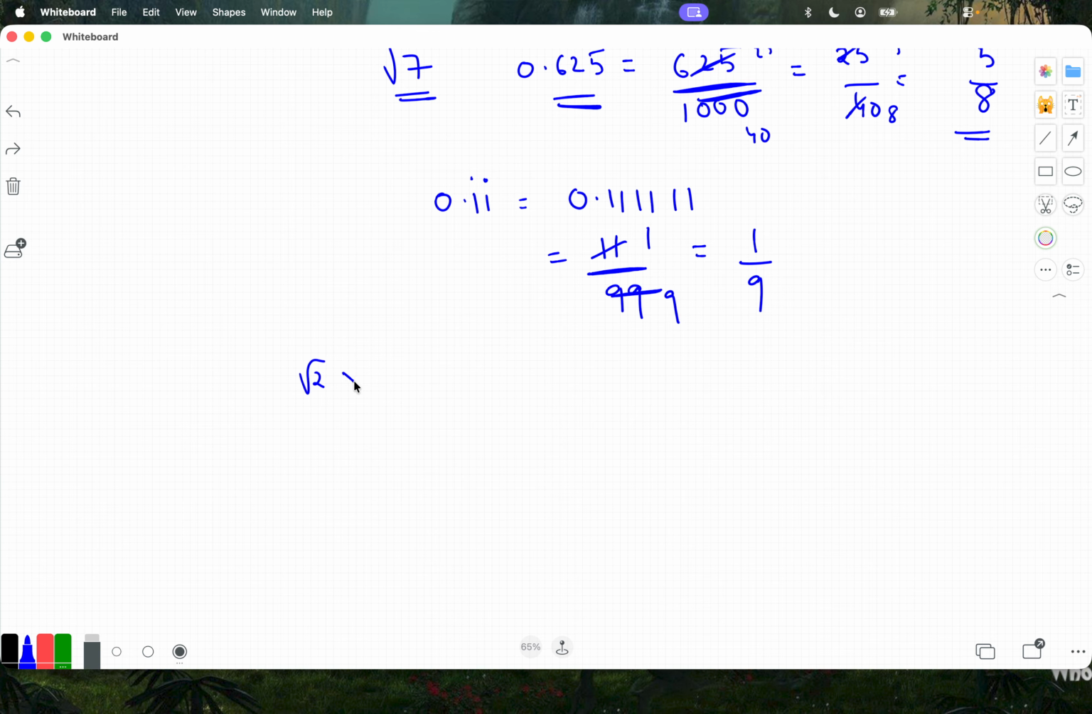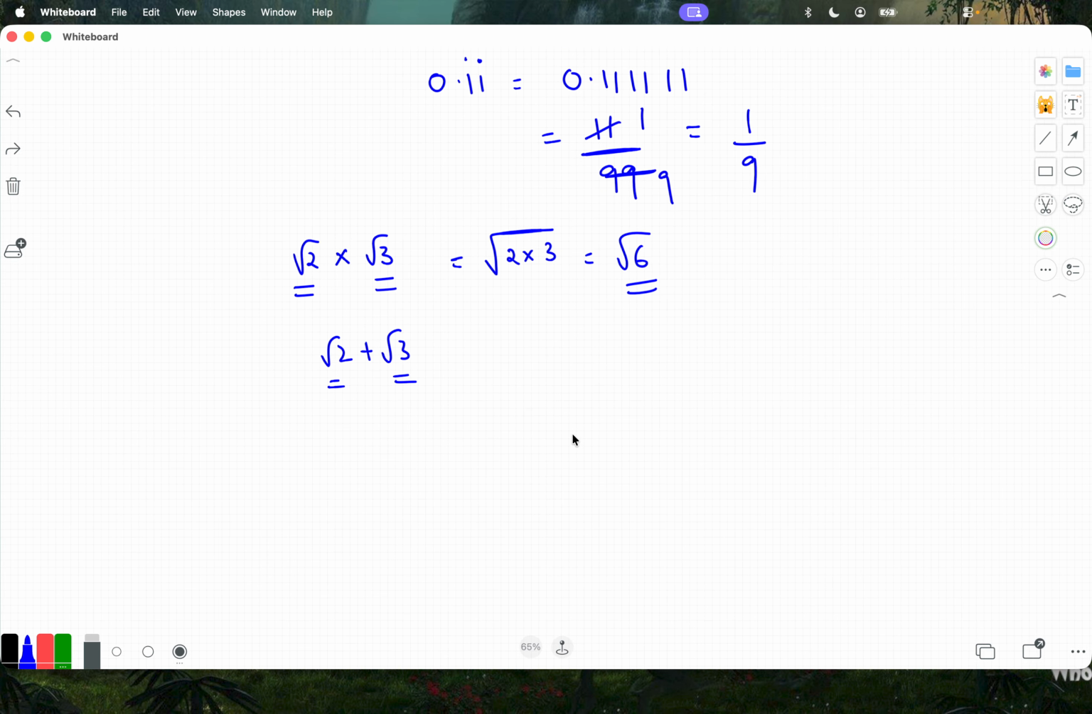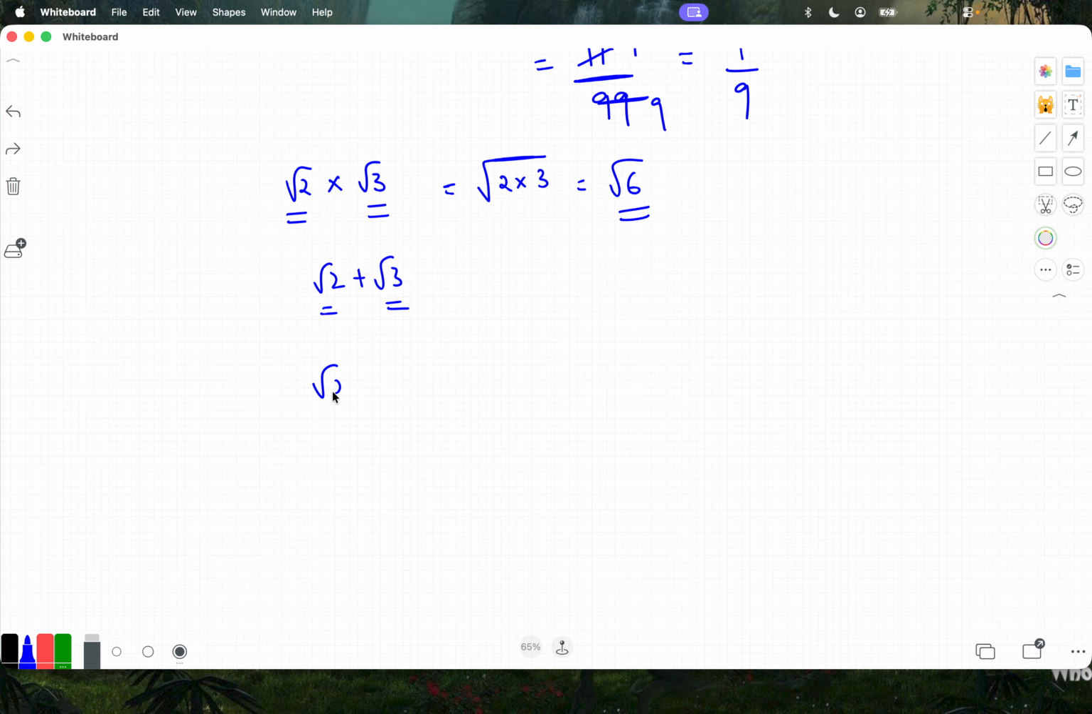Root 2 into root 3. Root 2 is an irrational number and root 3 is also an irrational number. When we multiply them, what will it become? Root 6. Root 6 is also an irrational number. Then root 2 plus root 3, both are irrational numbers, and if you add them, that's also irrational. Then